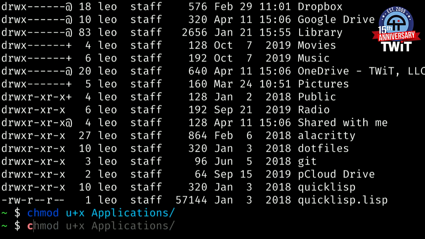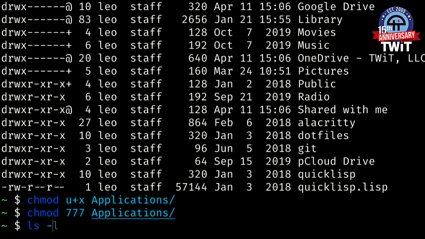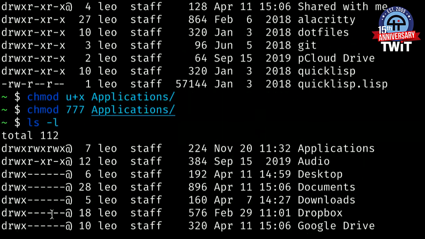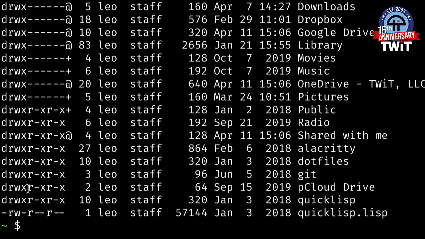Watch, I'll do that. chmod 777 applications. Now we'll do an ls long. Take a look at the applications, and you see I've turned on all permissions for applications. You probably don't want it set like that, so maybe we'll go back to the way it was, which is